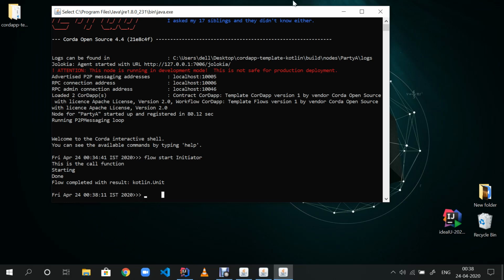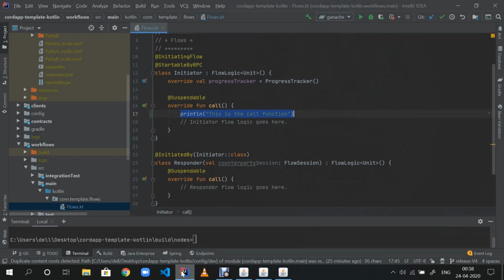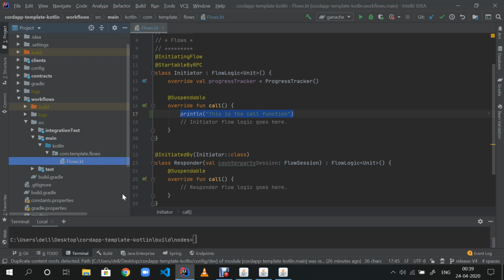So I know things might seem a lot tough, like you don't know what's a flow, you don't know what's a state or what's a contract, and you're being hit with all these terms. So obviously it will take some time to understand these terms, and it will definitely take a lot of effort to give you the experience of easy product development.